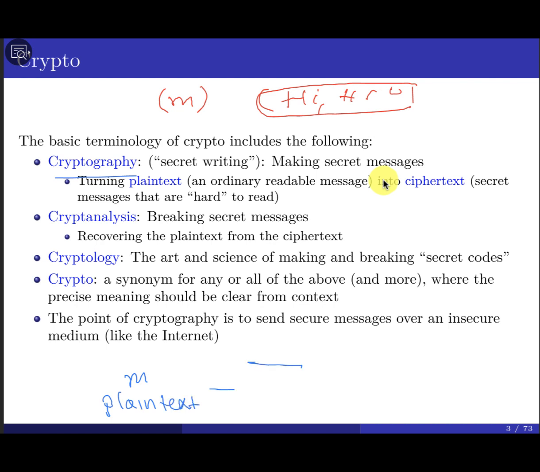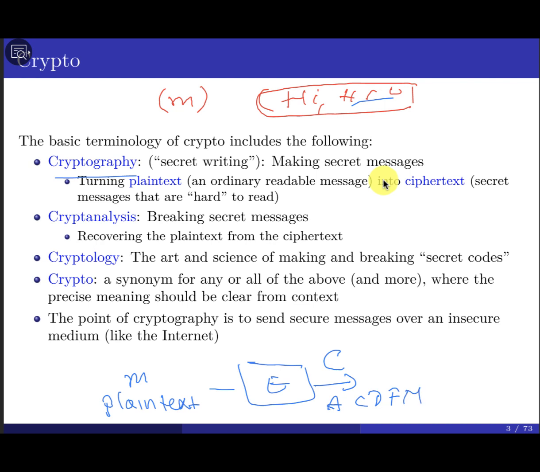Then somehow I have a magic black box. This one is going to produce a scrambled message, a message that is hard to read. Instead of "hello, hi, how are you," maybe you're going to see A, C, D, F. Can you understand this one? Someone says, I don't know, M for example. Somehow.